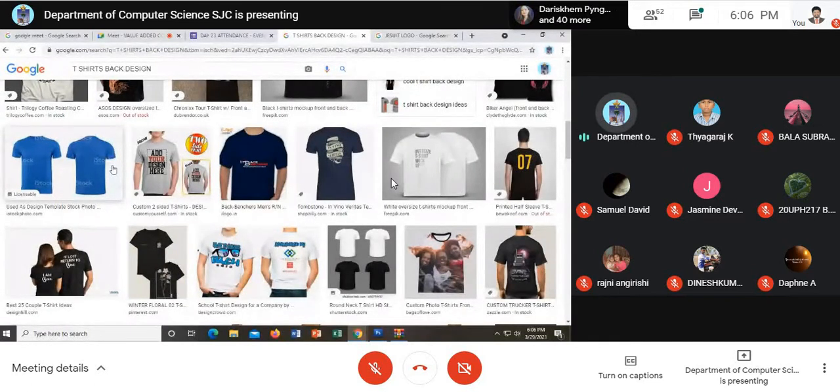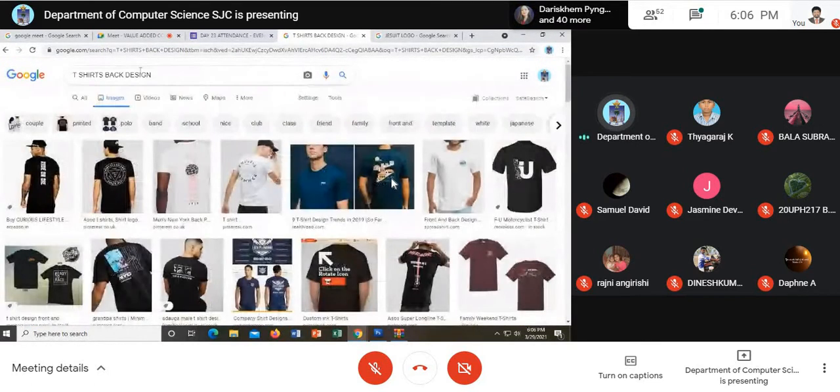Now for formal, for colleges, schools, we go for some better ones. Now to design that, the T-shirt size may vary, but the print will remain the same. If it is bigger or smaller, whatever it may be, the print size will be the same. The printing will not vary according to the sizes. Am I clear to you? Now the print width at the back should be between 8 inch to 9 inch, not more than that. 8 to 9 inch will be better. And the height can be any size.